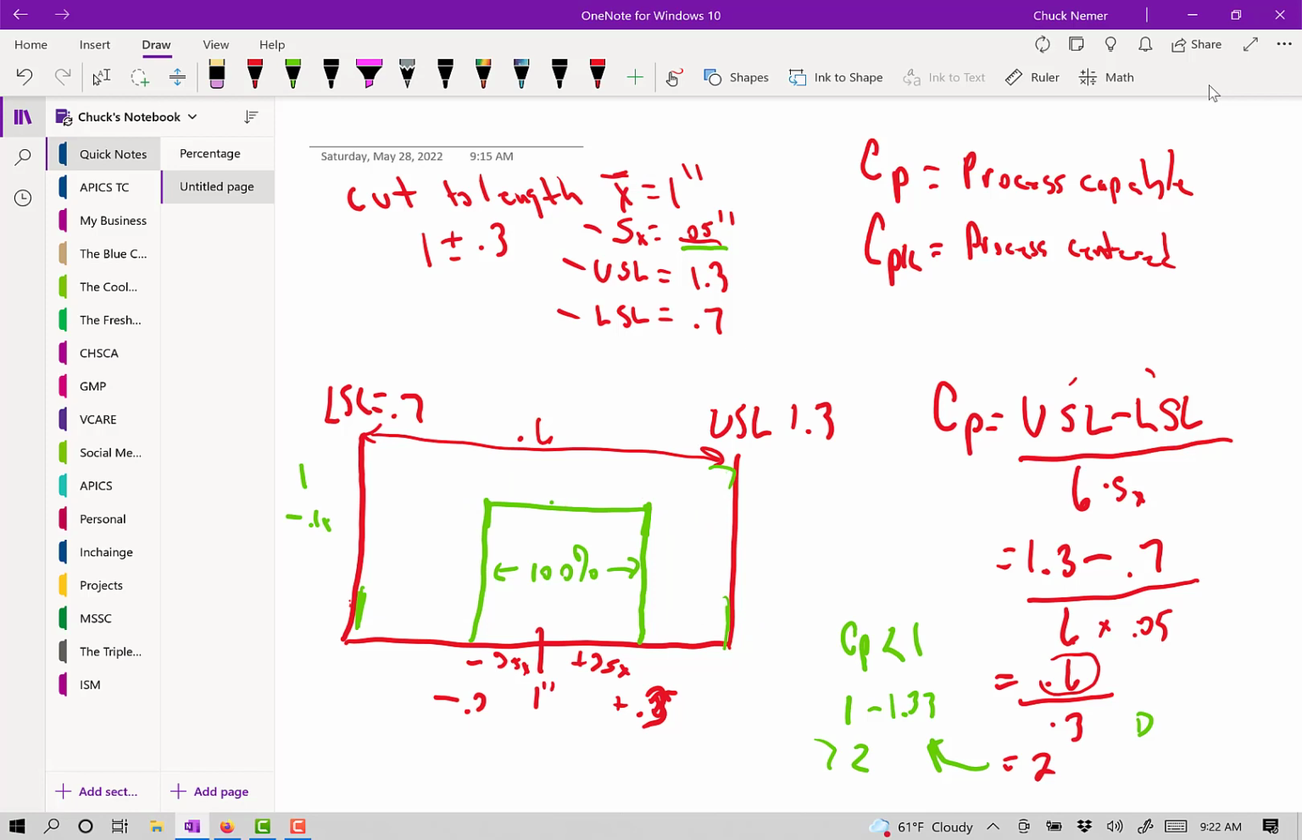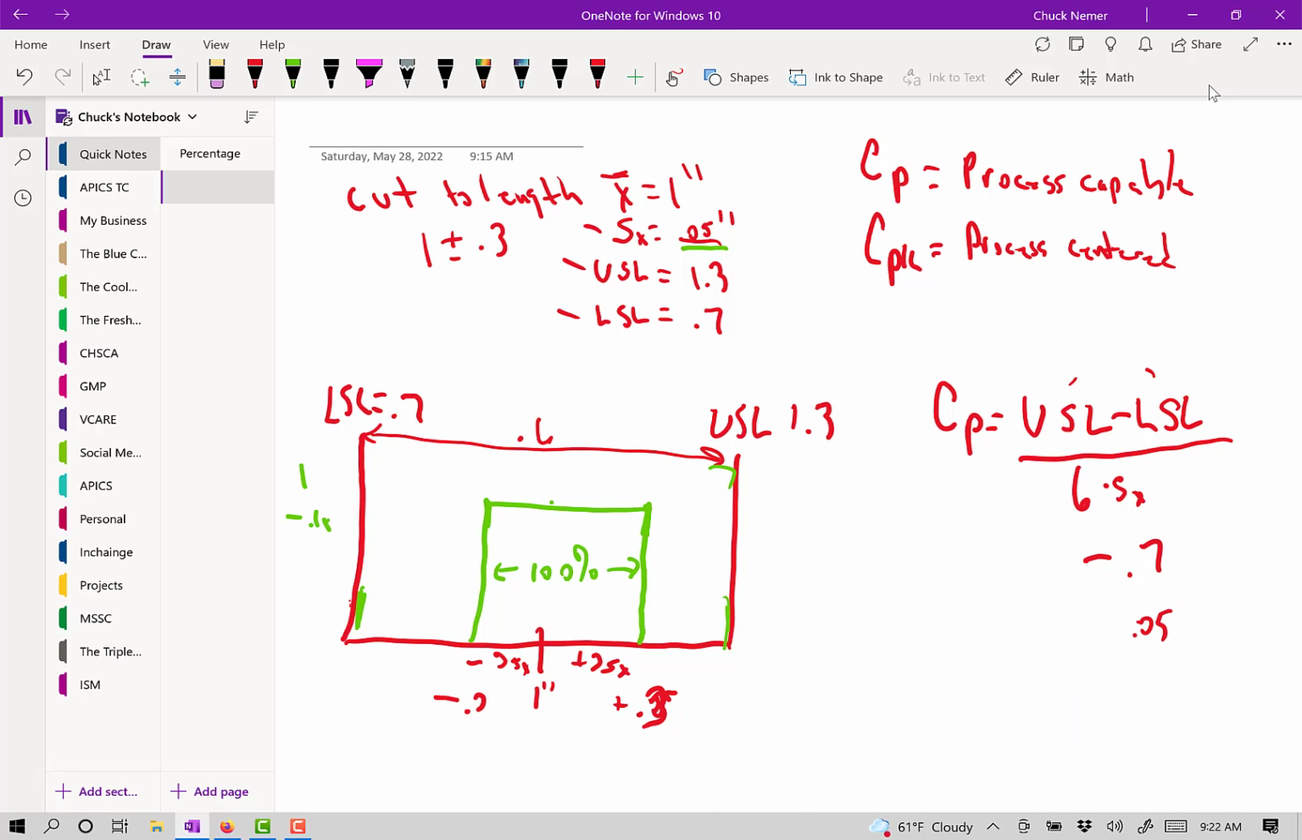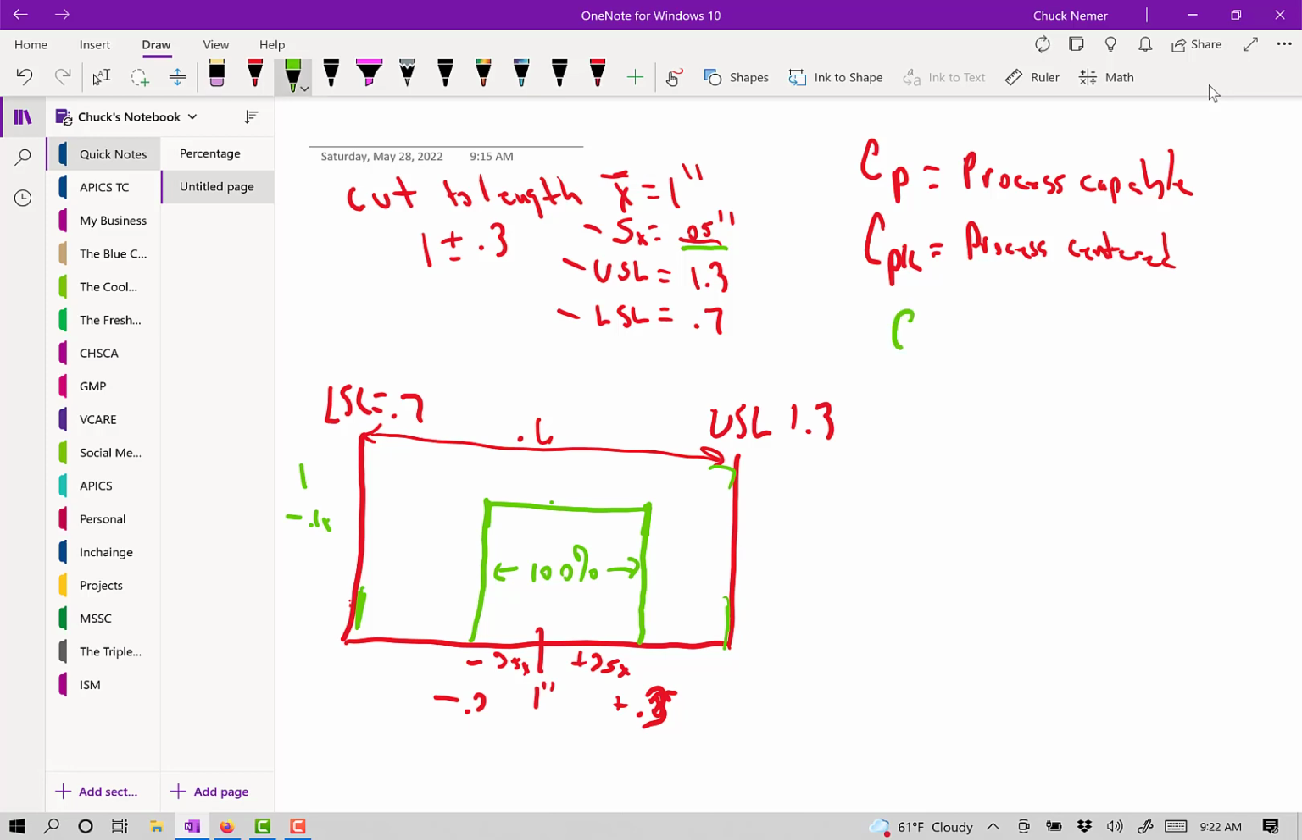So now let's clear this out a bit and look at CPK. Okay? So let's clear this out of here. We'll put the formula in here for CPK and we'll work through the math. CPK is equal to the minimum of upper spec limit minus the average, or the mean, divided by 3 times the standard deviation, or the mean minus the lower spec limit over 3 times the